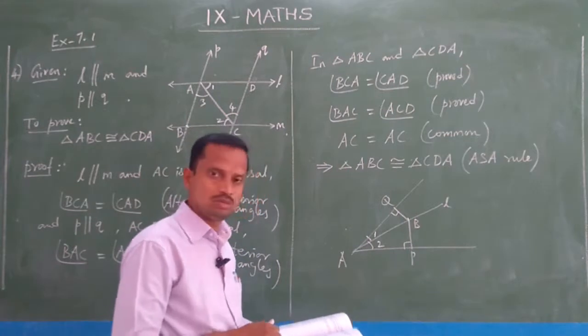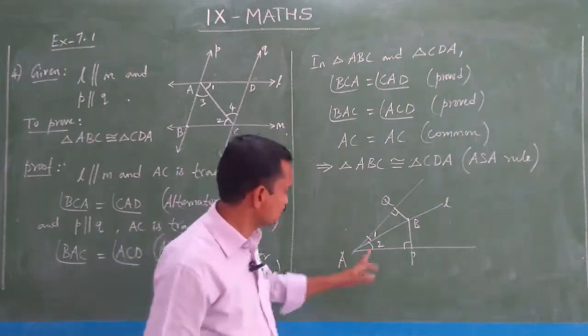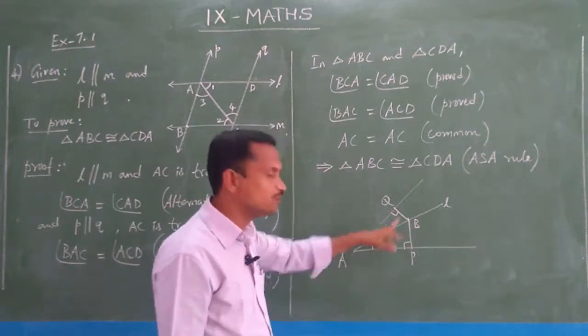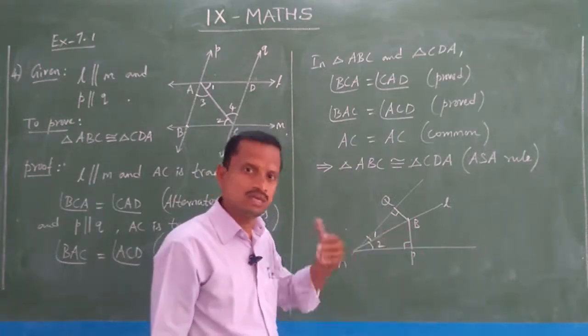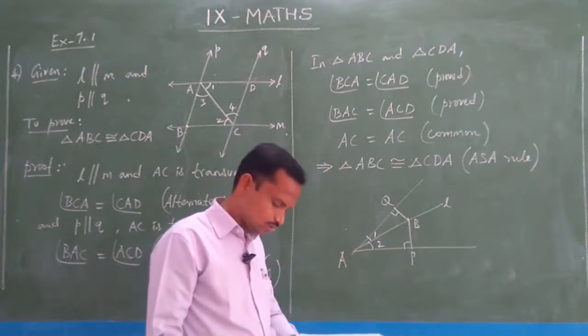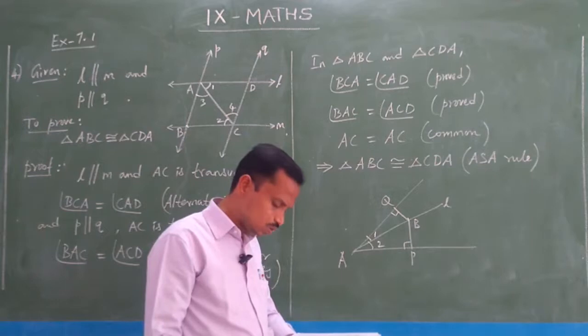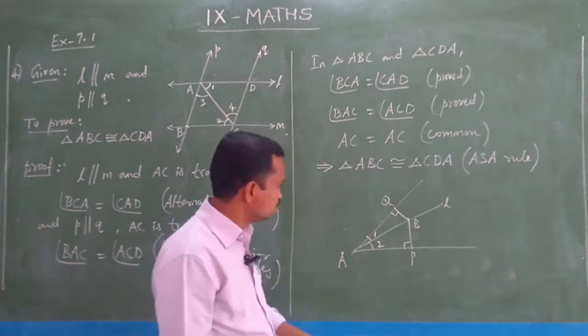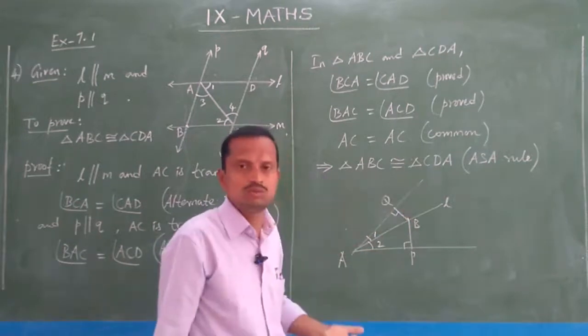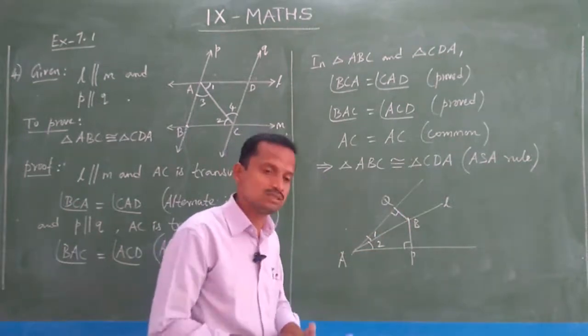So very easy to prove because angle 1 and 2 are equal, and here also 90, here also 90, the two angles are equal, and AB is a common side, so we can easily tell that the two triangles are congruent. And after that, option 2 is BP equal to BQ, we have to say. So after proving these two triangles are congruent, BP is equal to BQ by CPCT we can say. So take it as homework.